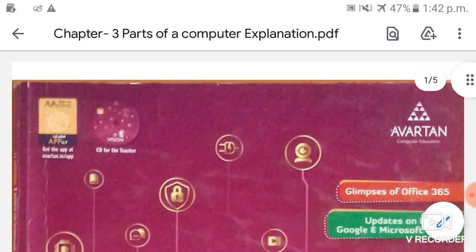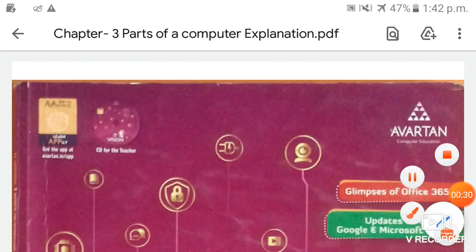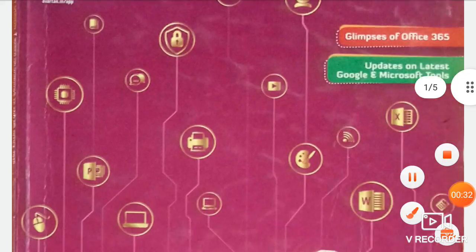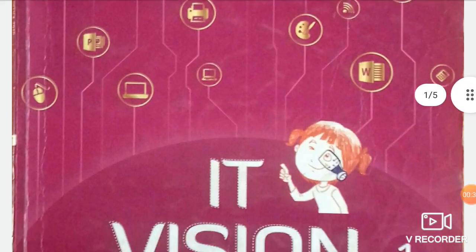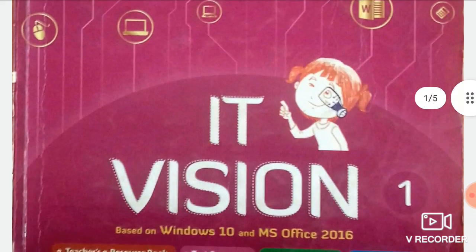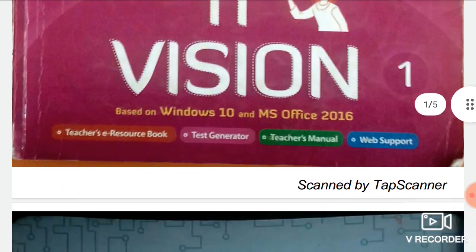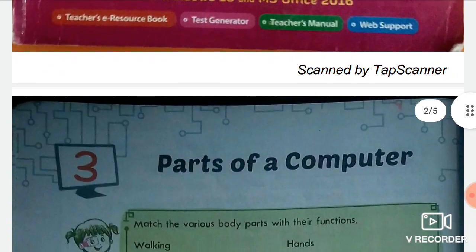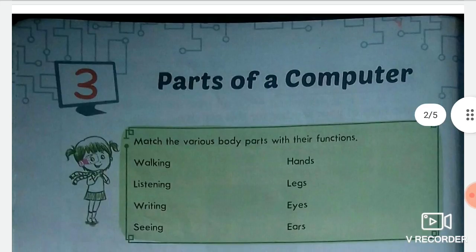This is your subject teacher of computer, and in today's video I'm going to start a new chapter from your computer book. Okay students, firstly take out your computer book and open chapter 3, page number 20.